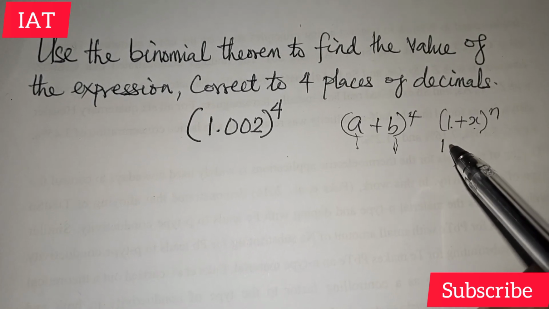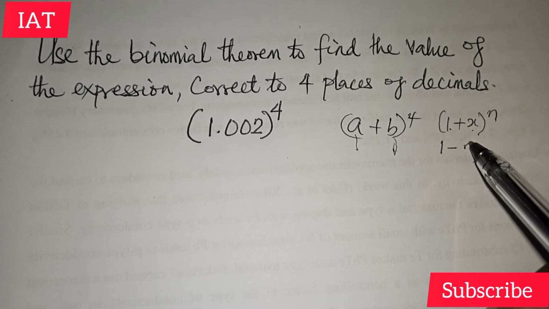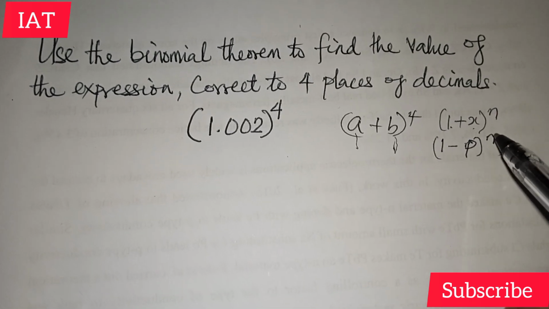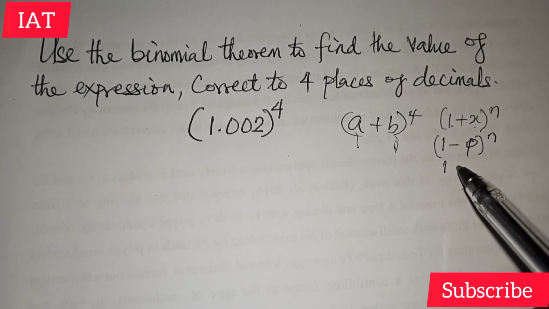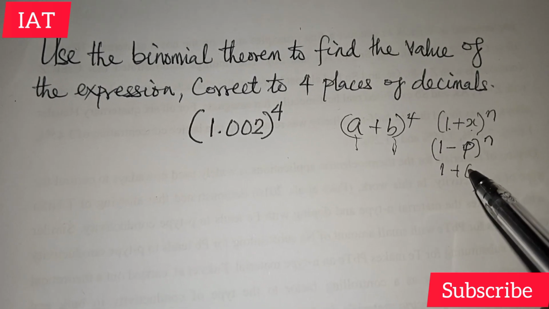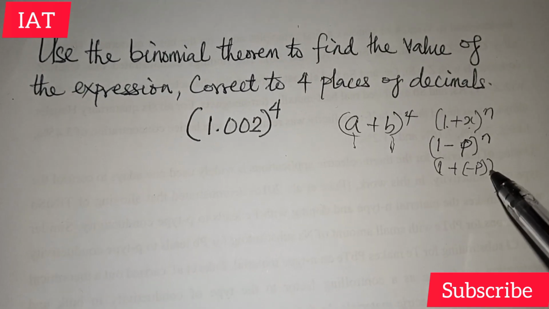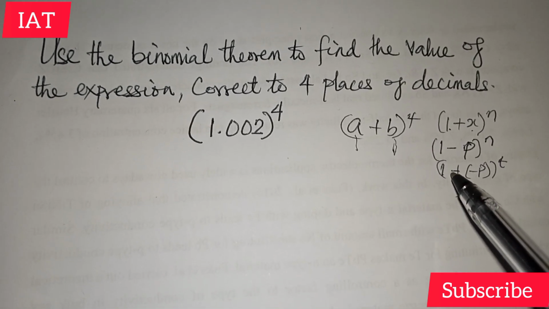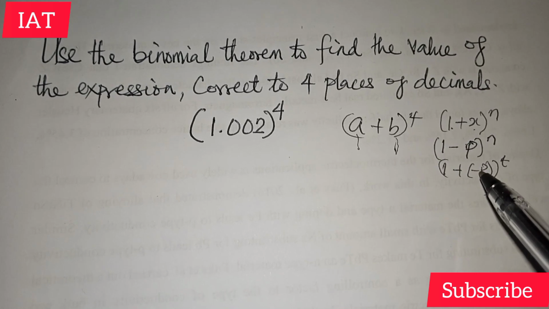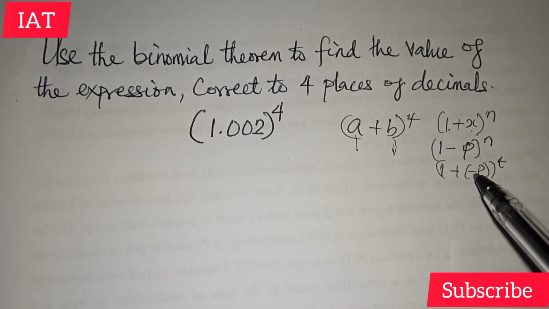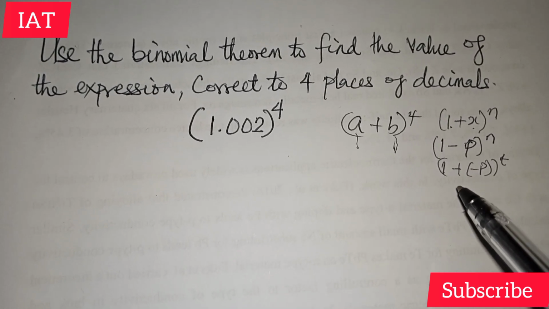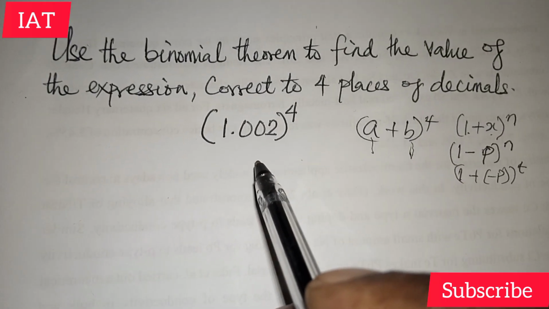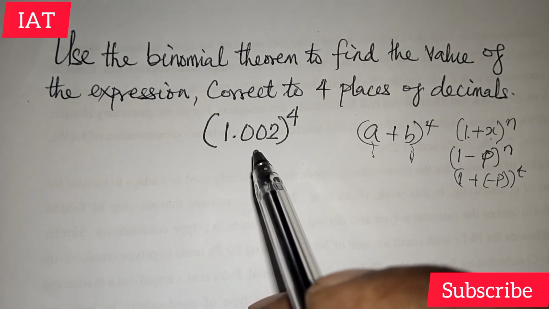Sometimes if you have a negative sign, separating, let's say, 1 minus p, you always have a way of rewriting it such that you have 1 plus minus p all to the power of maybe t or whatever the power could be, and then you're able to know that this is your first term and this is your second term, and expand it using either the Pascal triangle or the binomial expression. But here is a different case where you just have a decimal point,